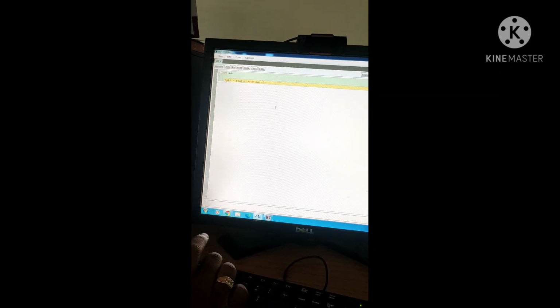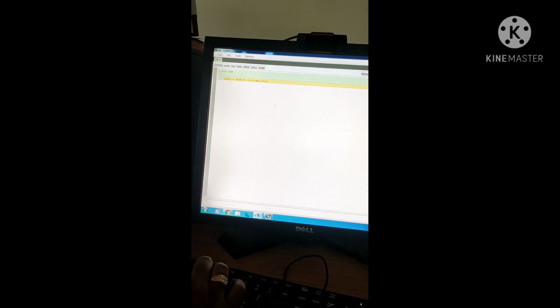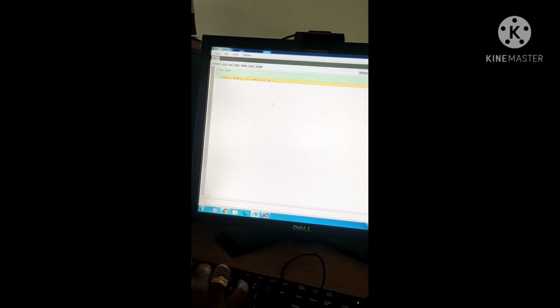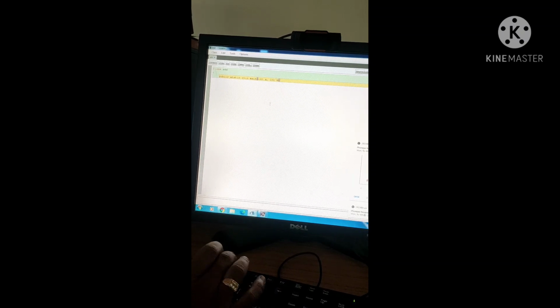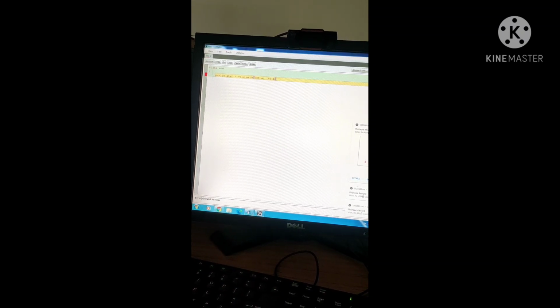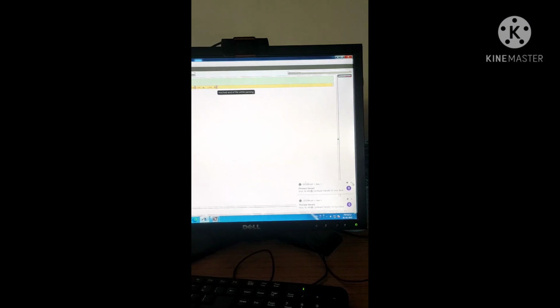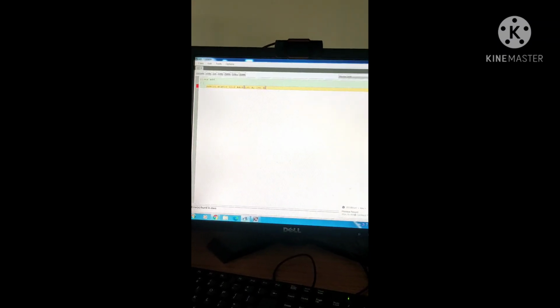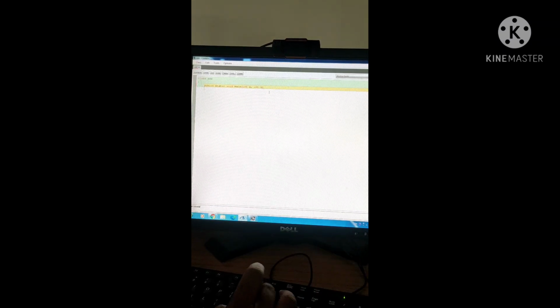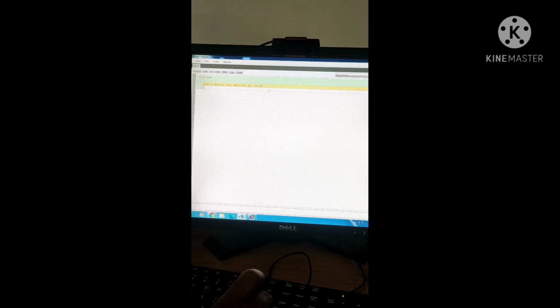When I provide public static void main, I can declare the variables here itself, like int a, comma, int b. In this way, I can directly mention any kind of arguments in the main function itself. Now I am going to provide the other opening brace, and automatically the red mark is removed.